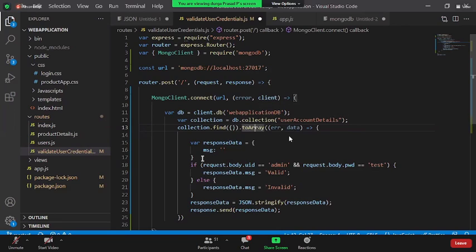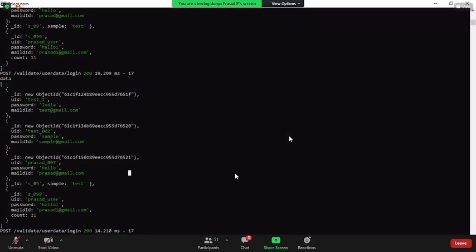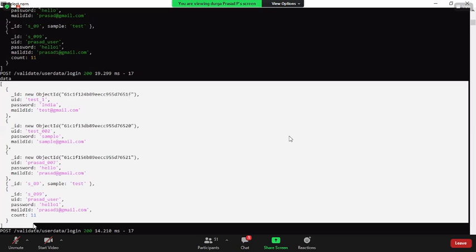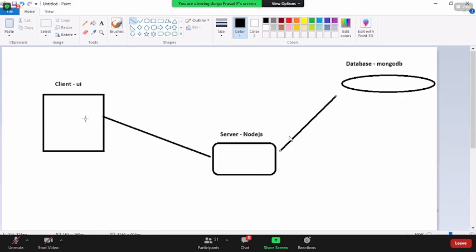Once you have this, I'll show you what logic needs to be done. But do you see, whenever I'm putting a query, the magic is that we are able to get the data from the particular collection from the Mongo database into the Node.js server? Yes, this is what we achieved. Now this flow happened: client is putting a request to the server, server is putting a request to the database, and from the database you got the results under the server.